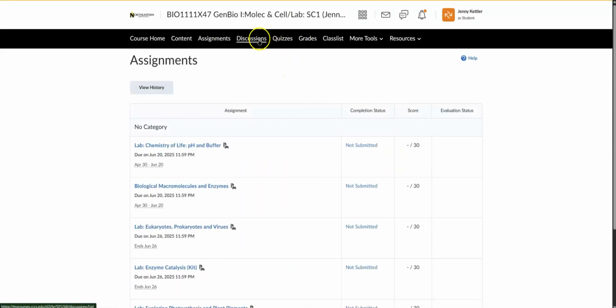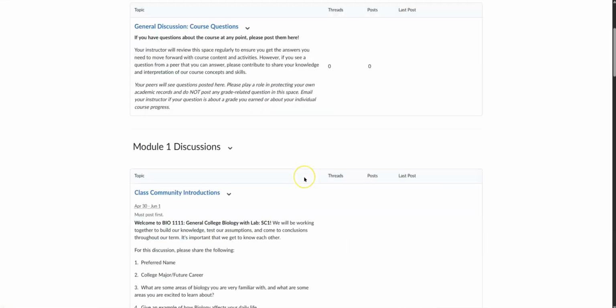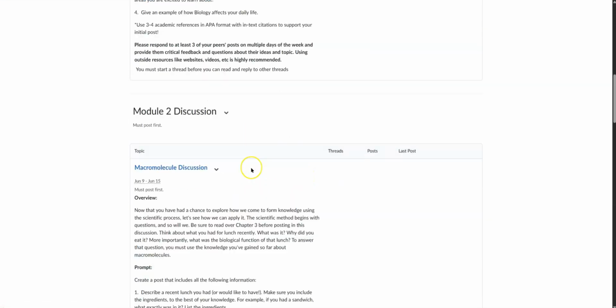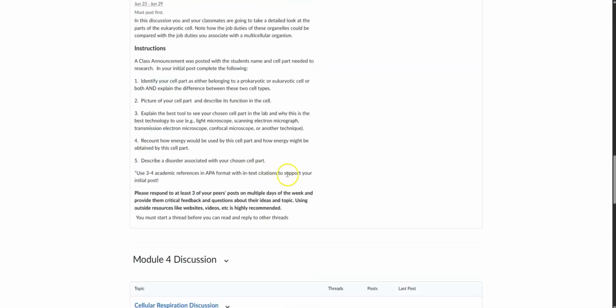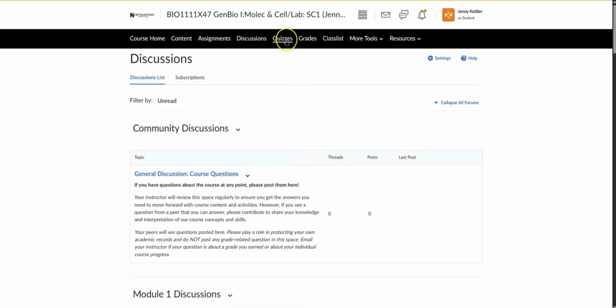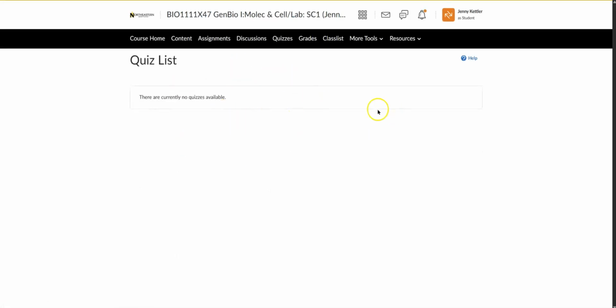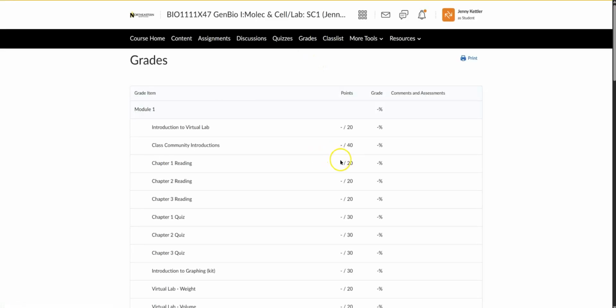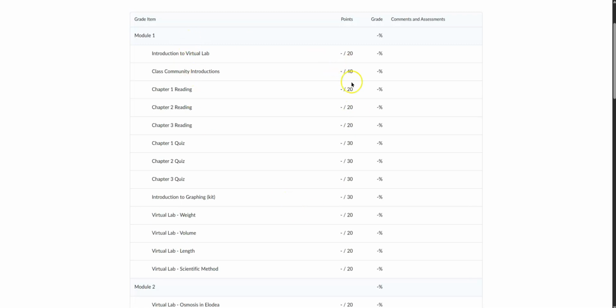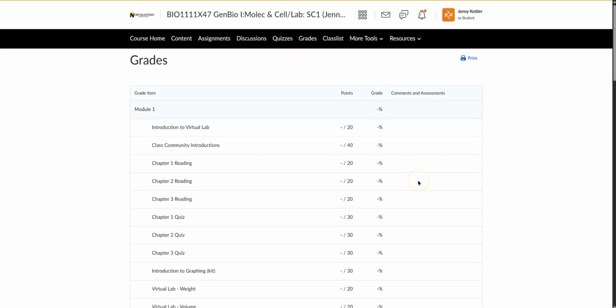So the discussions tab will take you directly to the discussions that we're doing for each module. The quizzes tab, you'll notice that there are no quizzes here. That is because they are all in Connect. Same thing with your exams. And then your grades will be listed by module. Point value, if I give you any comments, those will be in a little button right here that you can review. And then as far as getting in touch with me,